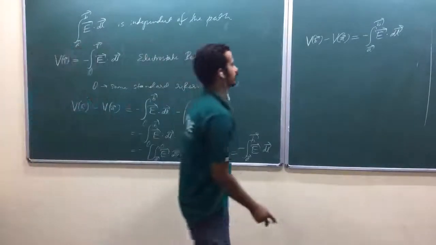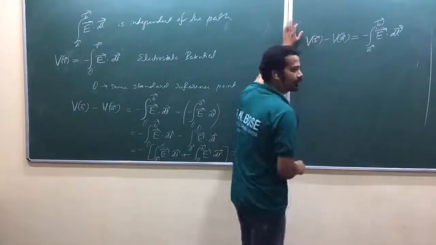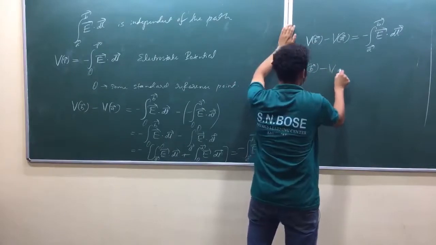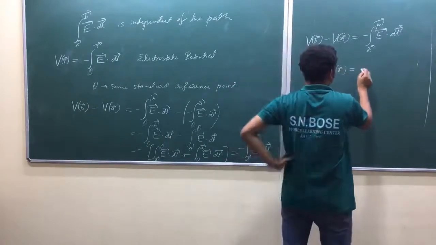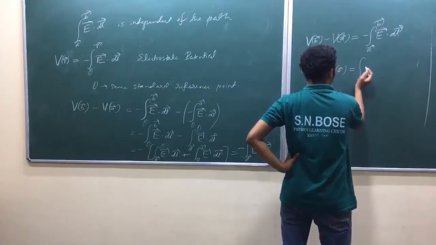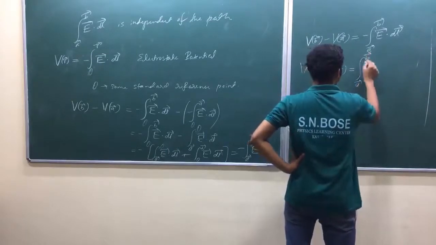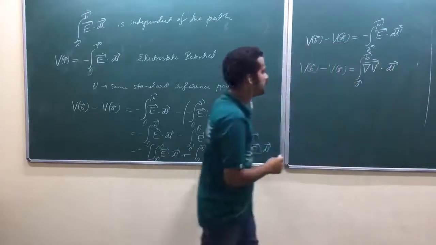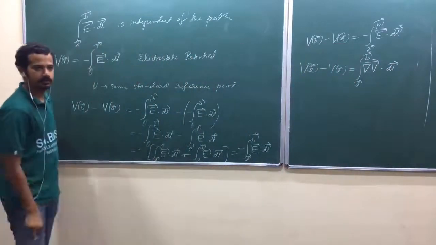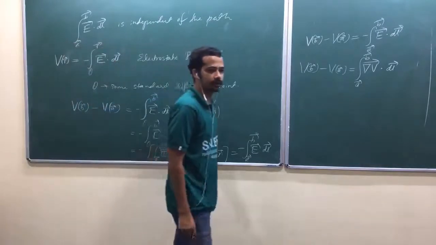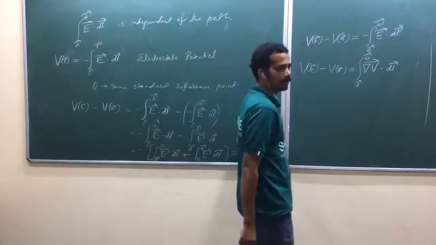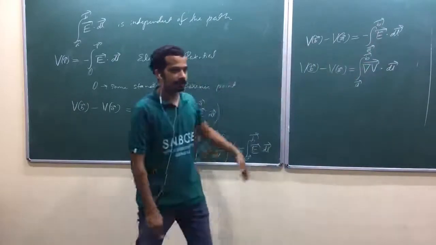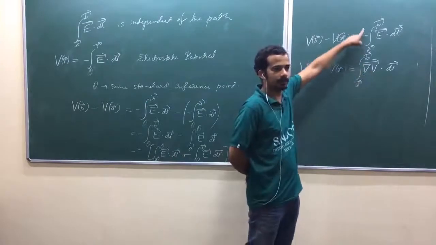Now next, can you just go back to our fundamental theorem of gradient? V of B minus V of A can be written as the integral from A to B of gradient of scalar dot dl, am I right? That was the fundamental theorem of gradients. Now, can you equate these two parts? Isn't it? Now this is also independent of the path.